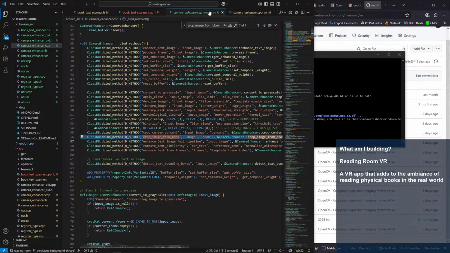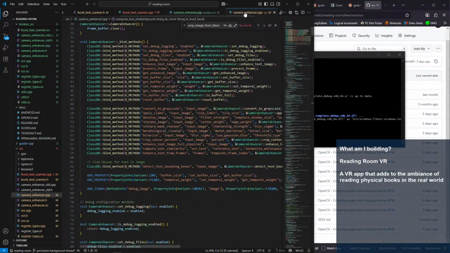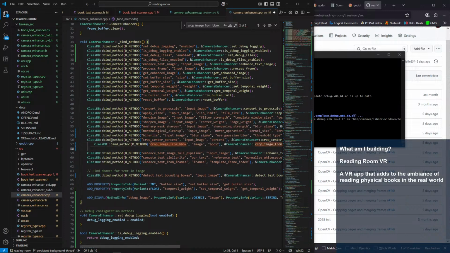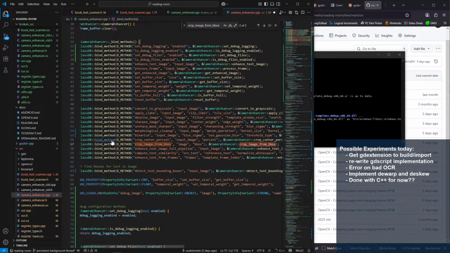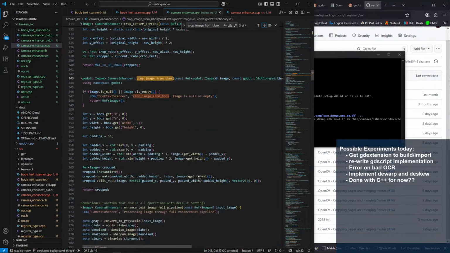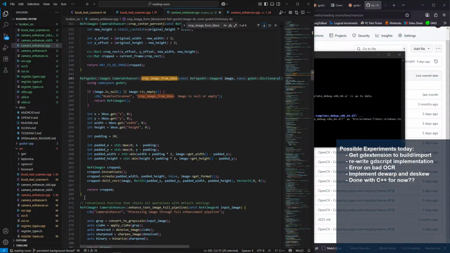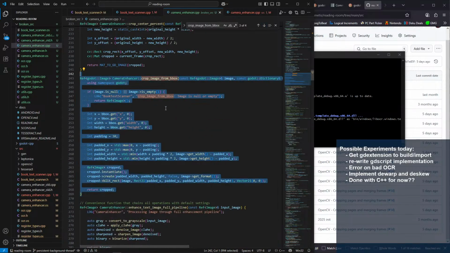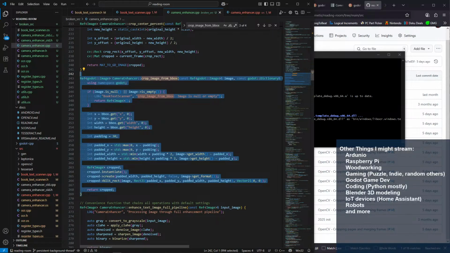So I want to add this most of the way down. Fine. And then where does that go to? Here's that method, enhance text image.